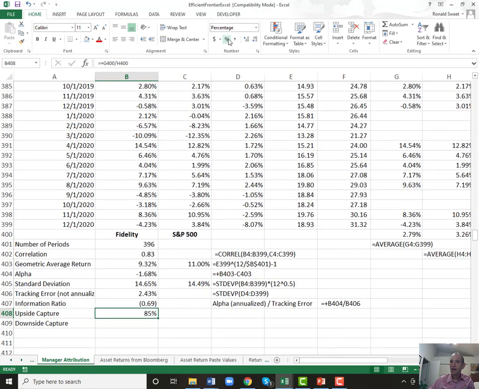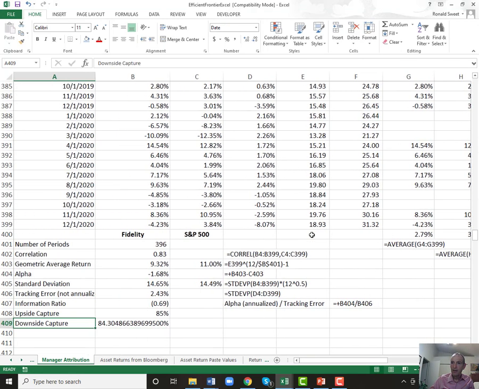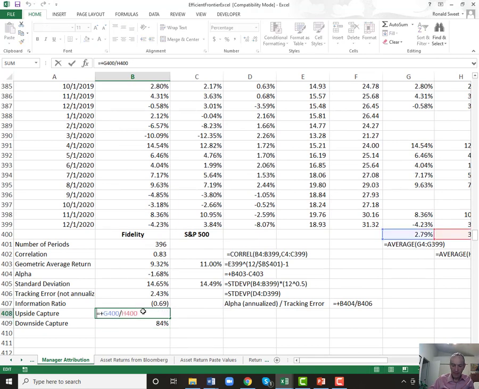We can see that's 85%. And then we do the same thing with the down markets. You just have to remember where the down markets were. You can somewhat tell just because they're negative numbers. So Fidelity, what you want, the ideal, is that the upside capture is greater than 1 and the downside capture is less than 1. I don't know if I've ever seen a manager, there may have been 1 or 2, with greater than 1 on the upside capture and less than 1 on the downside capture. That would be just the ideal manager to have.